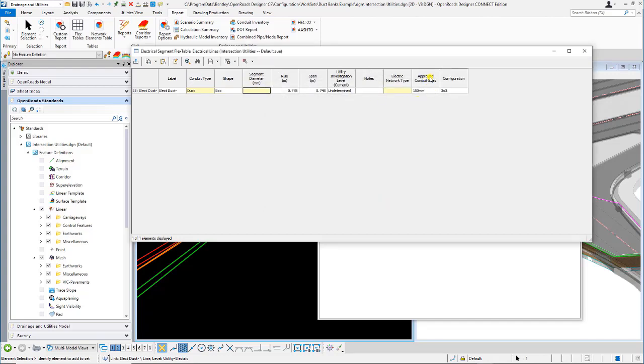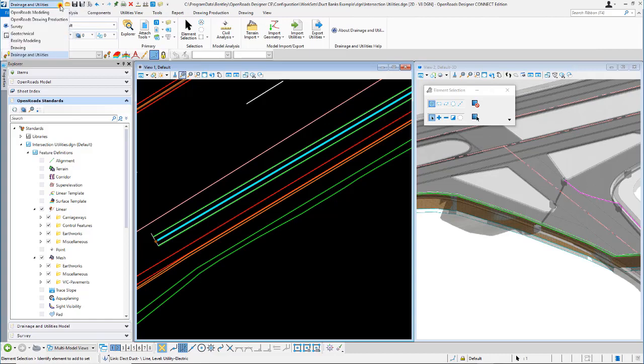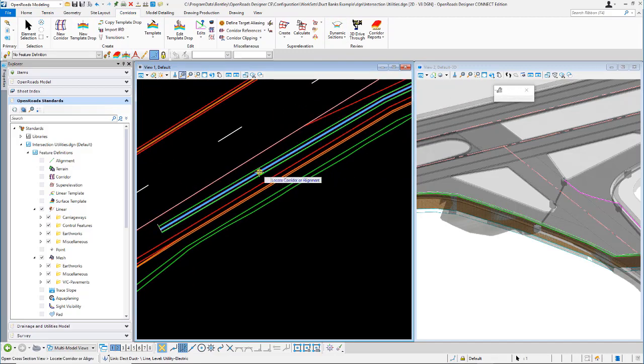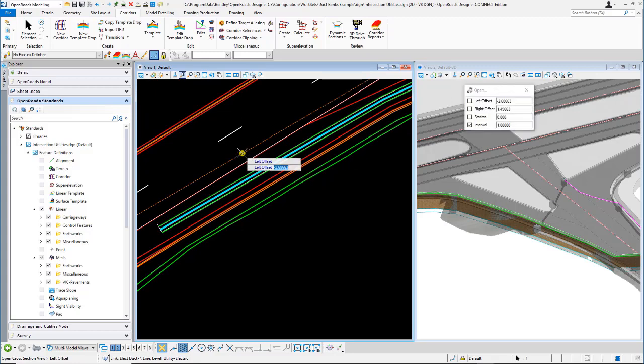You can now see there's my UDXs. Again, I can export this out to a file. So if I just want to create some cross sections, I'm just going to come to my open rows modeling. So I can come into dynamic sections. I can locate my conduit, specify a left offset, a right offset, pick a station. We're looking at a 1 meter interval here. I can change that to 5 and enter a data point, and then I'm just going to open up a view